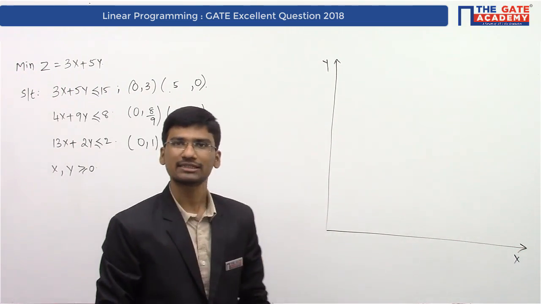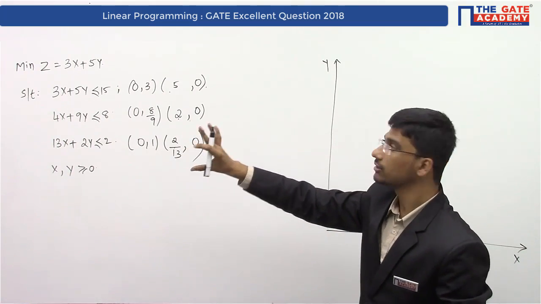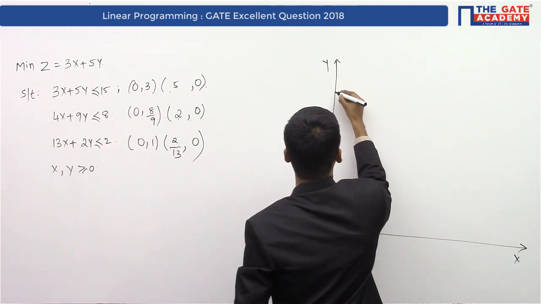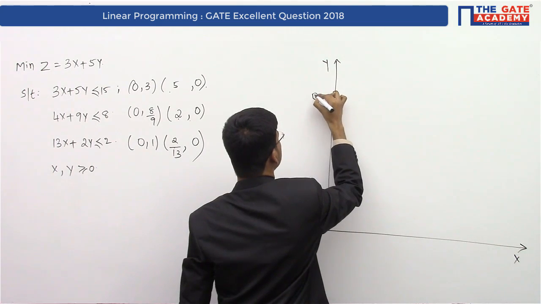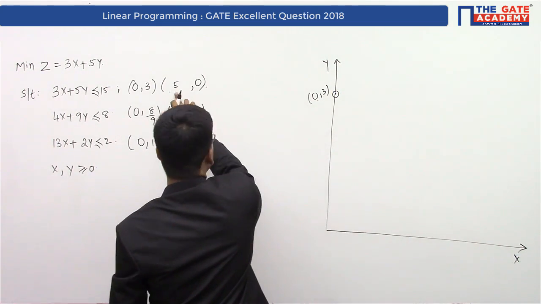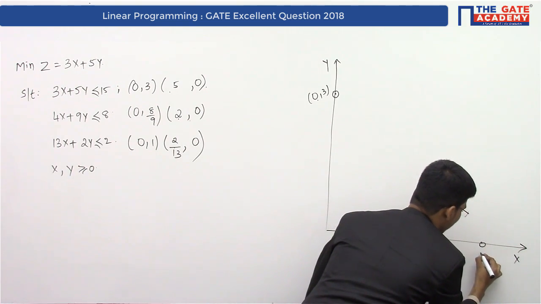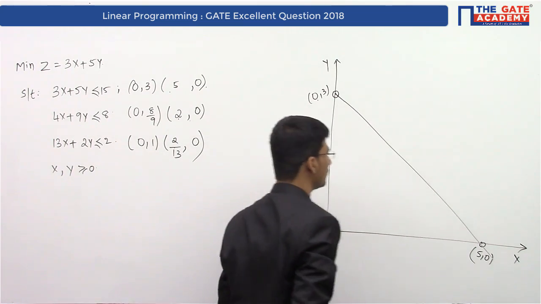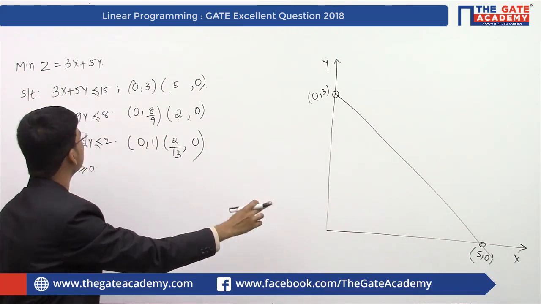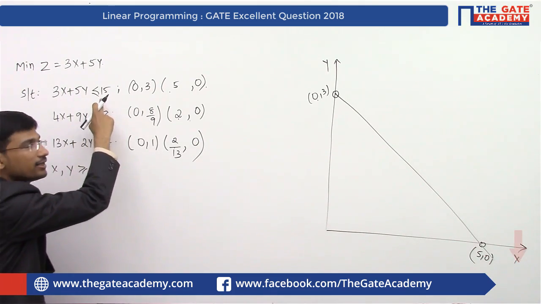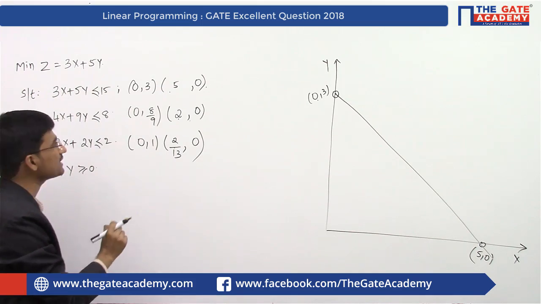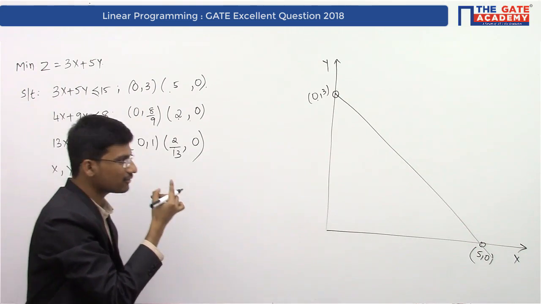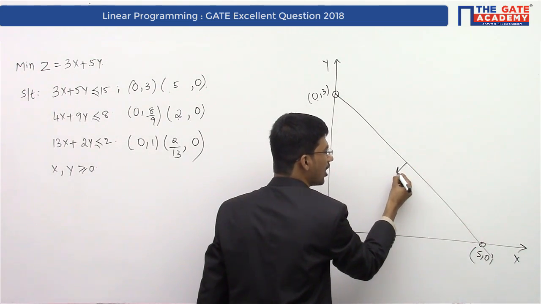Right? Now we got the points here. Now we can plot these points in this particular graph. So first one is 0, 3. Say for example your 0, 3 is somewhere here. So 0, 3. Now second point is 5, 0. Say this point is 5, 0. Now join these 2 points, you will get a straight line equation. Now this is a straight line equation for 3x plus 5y is equal to 15. Now we have to identify the region which is satisfied by 3x plus 5y less than or equal to 15. Now as there is a less than or equal to type inequality here, our region will be towards the origin.